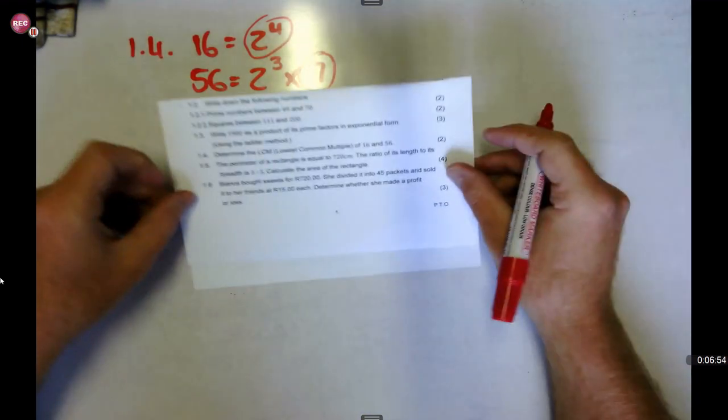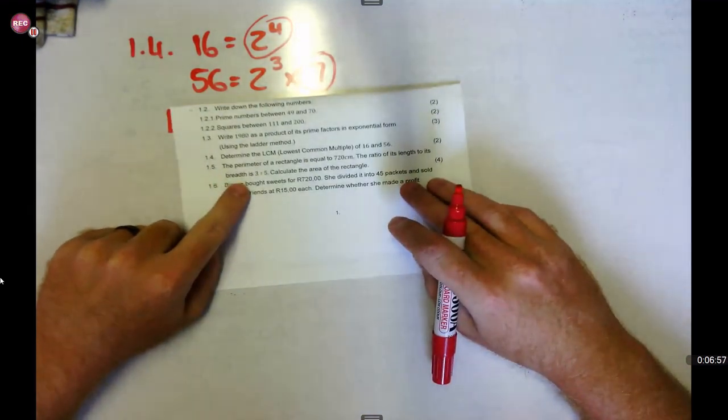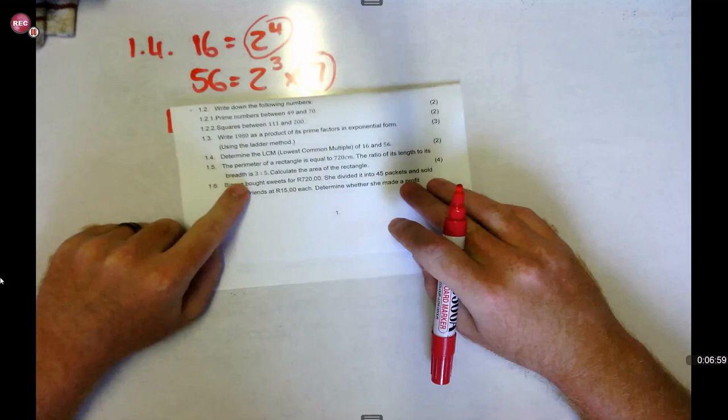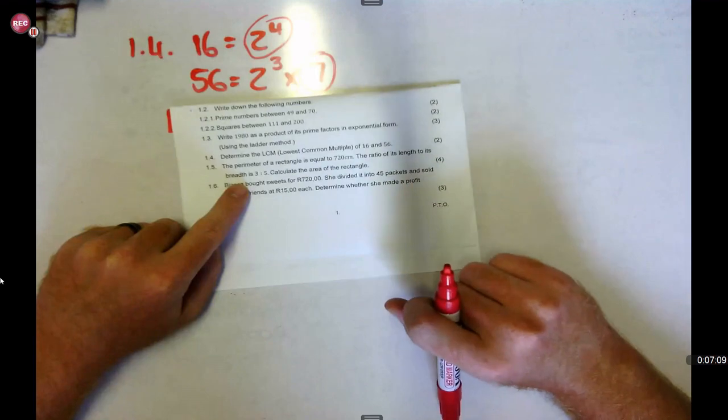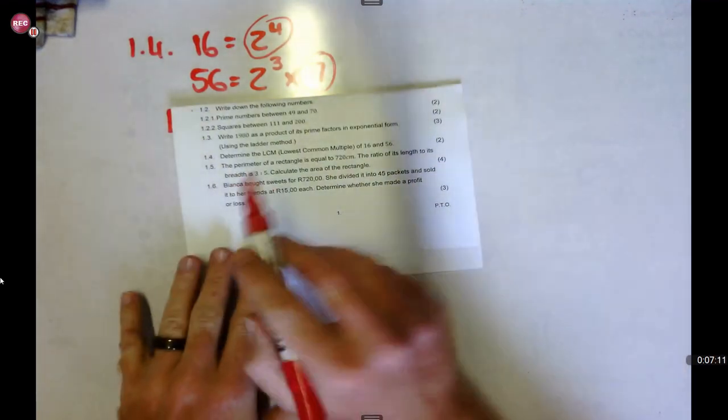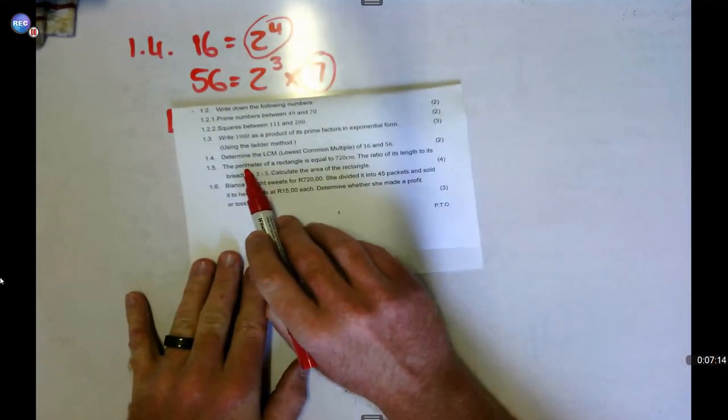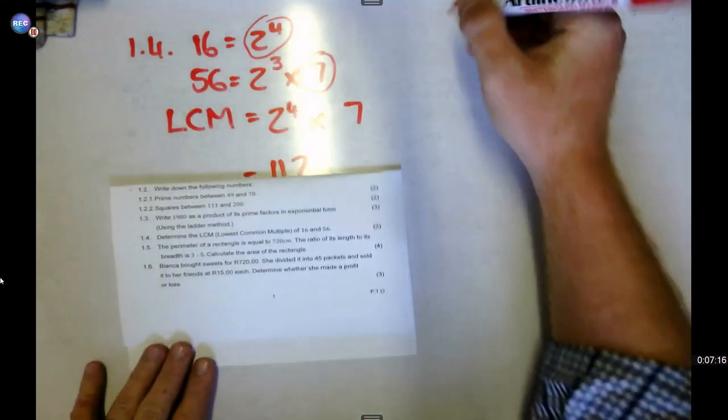That brings us to our next question. So 1.5 says the perimeter of a rectangle is equal to 720 centimeters. The ratio of its length to its breadth is a ratio of 3 to 5. Calculate the area of the rectangle. So first of all, they spoke about the perimeter. So for question 1.5,